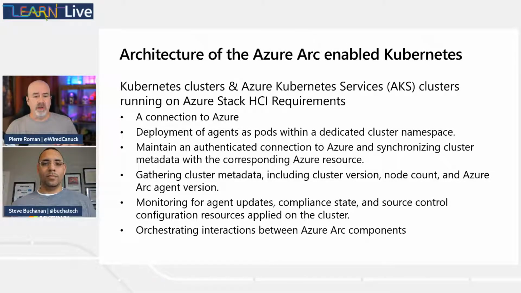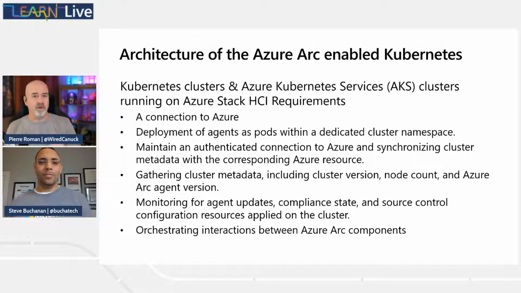What you need in order to connect a Kubernetes service cluster, or AKS, running either on Azure Stack HCI or on others, is a connection to Azure. So if you're in an air-gapped network, sorry about your luck. You need to actually have a connection. You need to deploy agents as pods inside the cluster, in the default namespace. It needs to maintain an authenticated connection to Azure and synchronize the cluster and metadata, and we do that by creating a